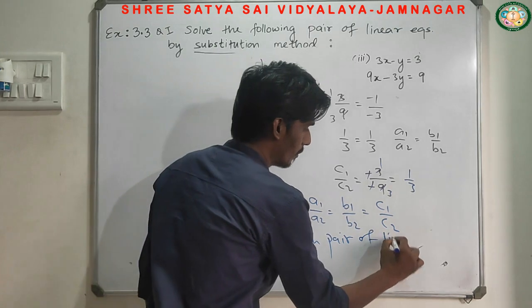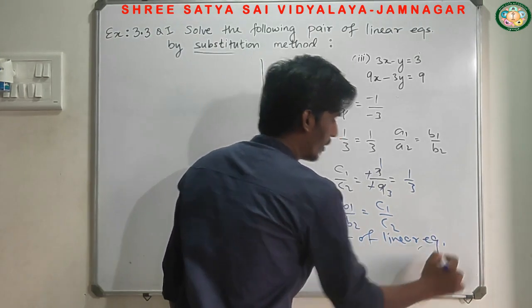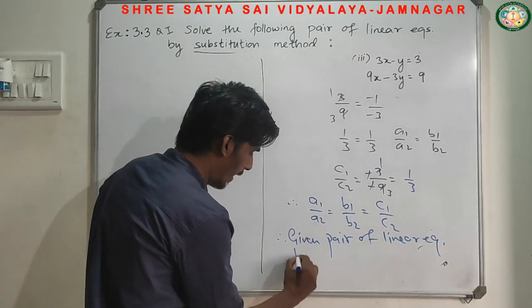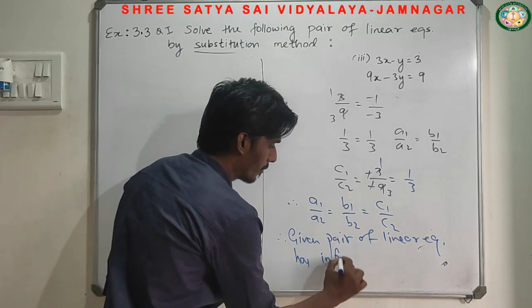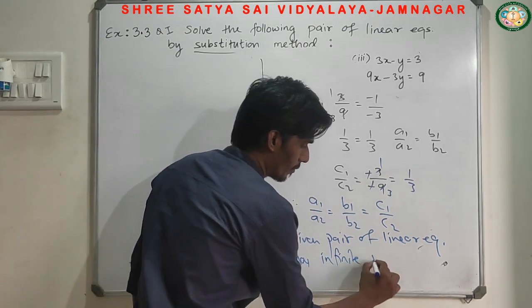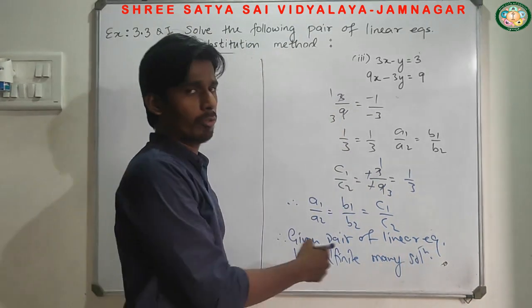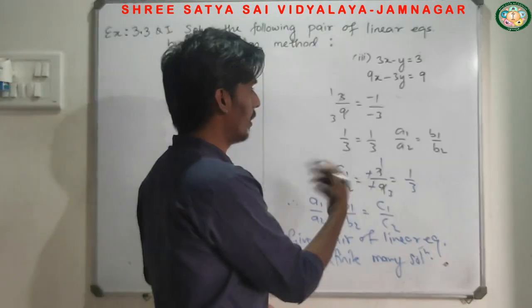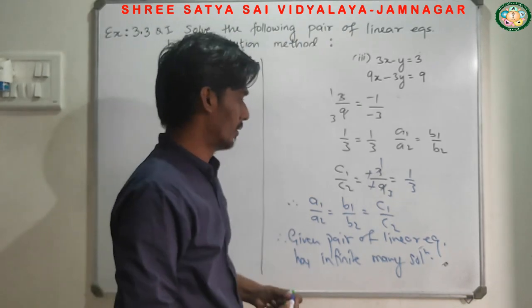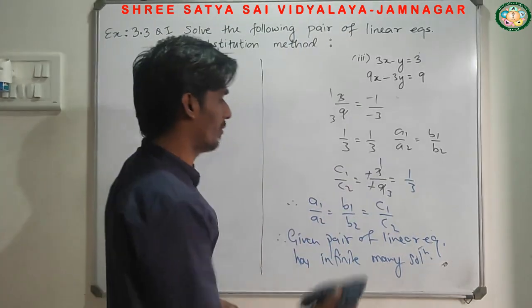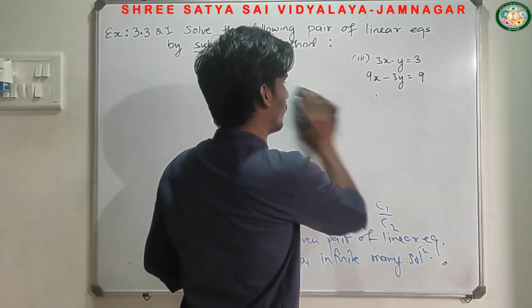pair of linear equations has infinitely many solutions. So you will not get the value of x and y here, as the values of x and y are many here. To write it in a better way, you have to find out the value of